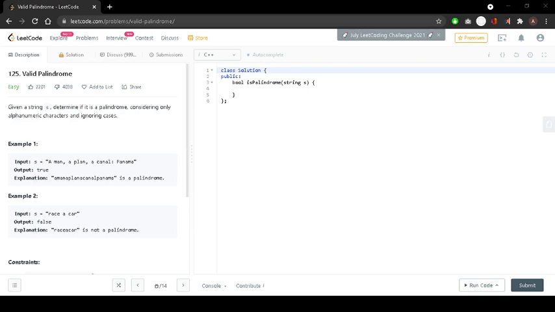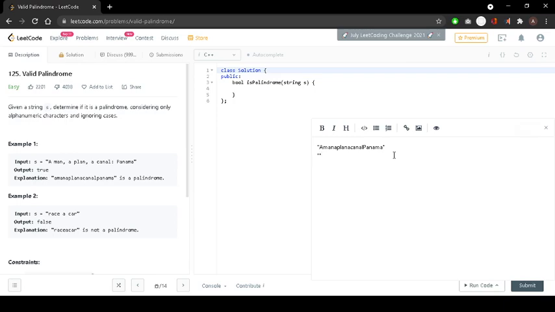If any character from the beginning and the end is not equal, then this is not a palindrome. Let me show you in the notes an example of a manual approach. At first, we are going to remove all the characters except for the alphanumeric ones. So I am removing these spaces first, and then I will be removing all the other special characters. So after that, I have removed these characters.